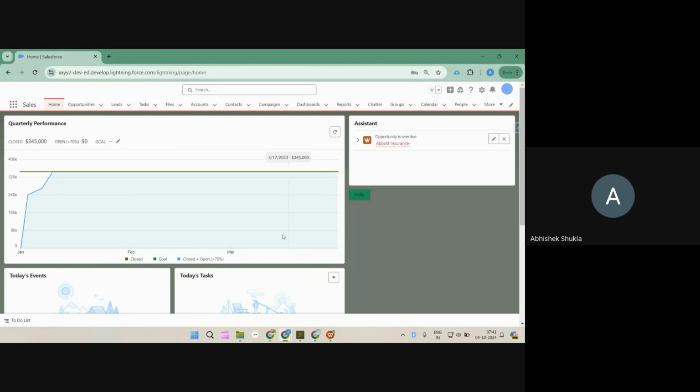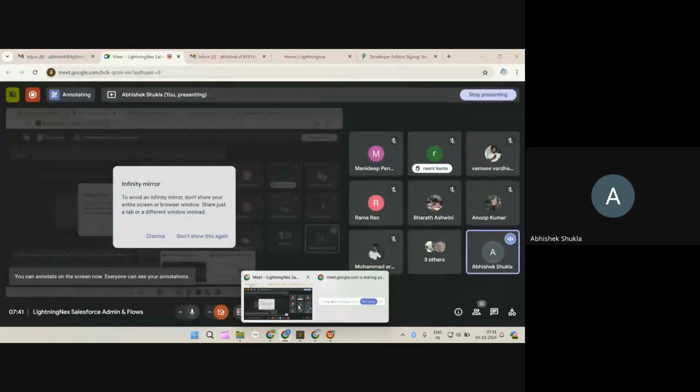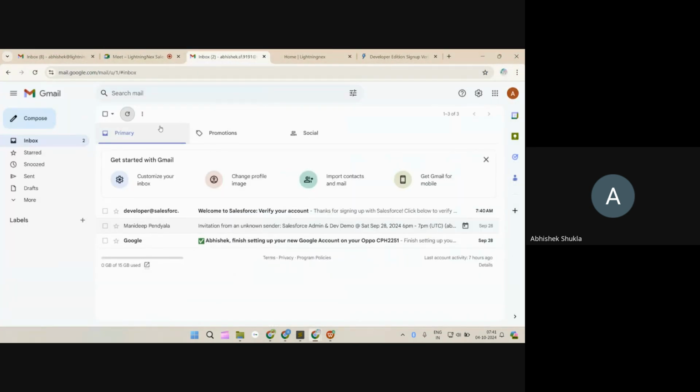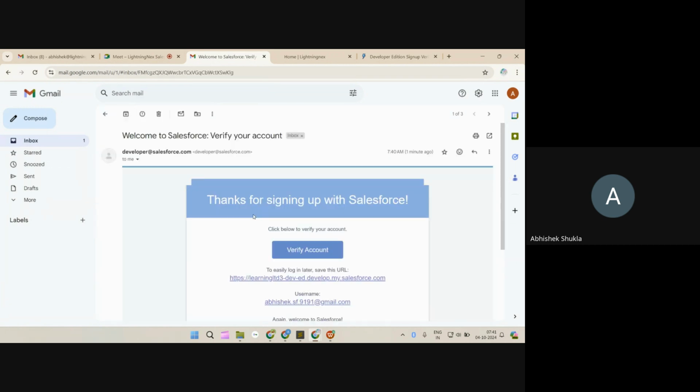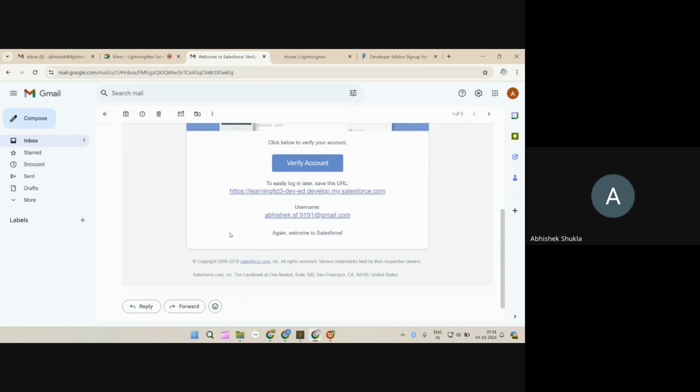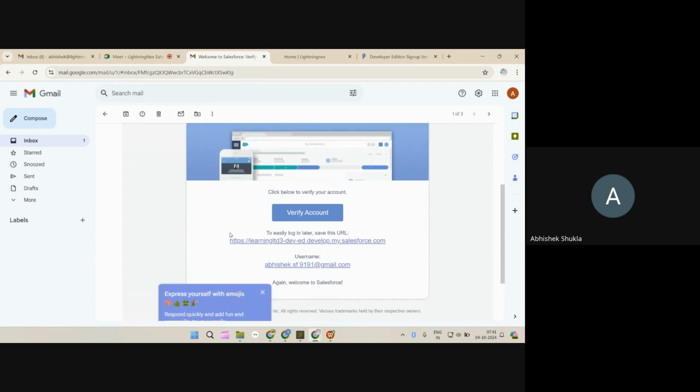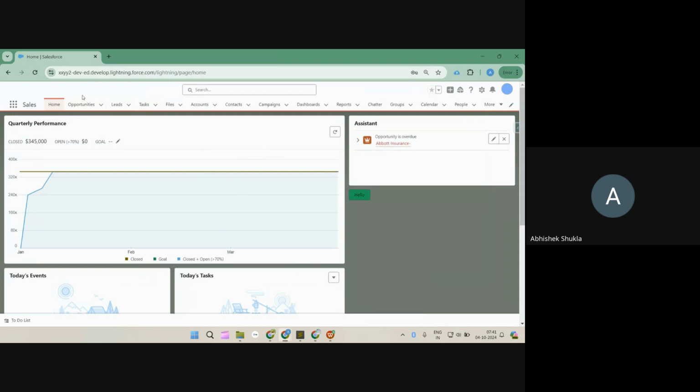So guys, this is not my new org. This one is my older org. I have signed in, right? And I'm waiting for that email, right? So as soon as the email arrives, okay, the email has arrived now. I can log in, but before I do, I will be showing you that, as soon as I log in,